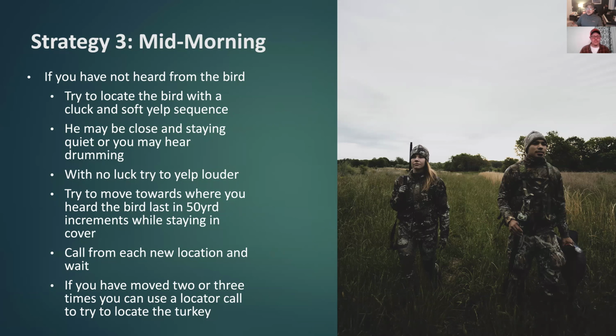With this, turkeys give away their location really, really readily and really easy. And so a lot of times when I'm scouting, I'm more so scouting on just understanding the landscape and how I can navigate and move through that landscape from area to area. If the turkey's down there, can I circle around and go this way, or am I going to do that and then run into some kind of 15-foot drop off that I can't climb down or something like that? So a lot of times my scouting isn't necessarily for finding birds, but it's for understanding the landscape for scenarios like this in the mid-morning where I'm just out there calling, trying to find a new bird, and I'm starting to try to make a plan on that bird.